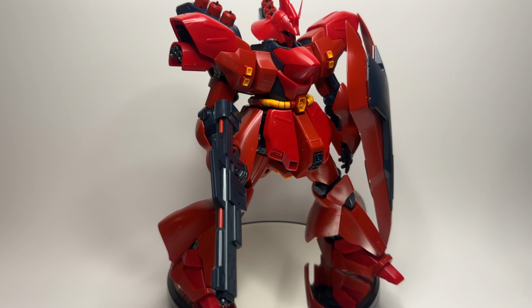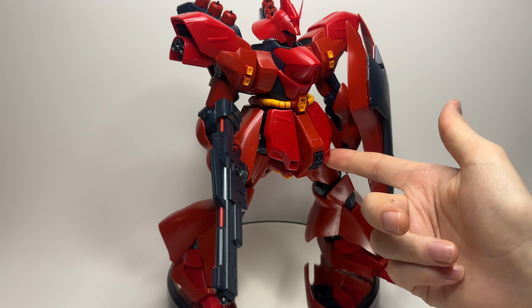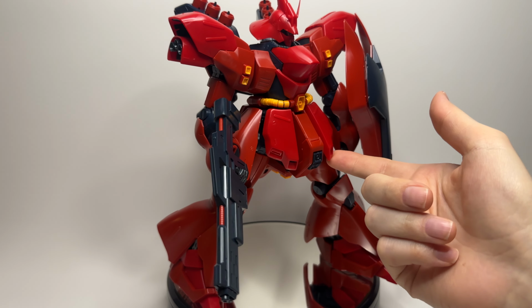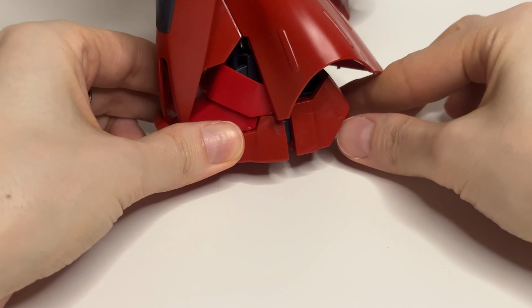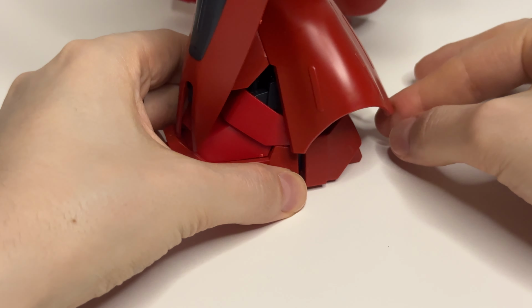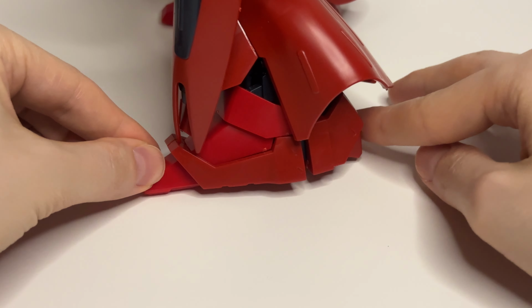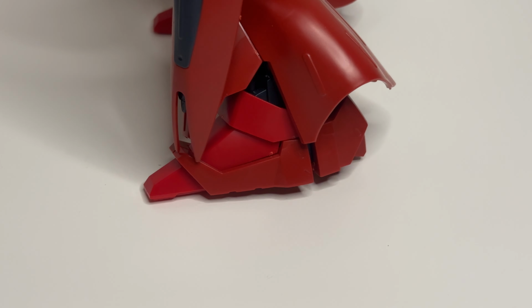In terms of articulation, these shoulder thrusters move, which is nice, as well as the skirts, which are on a little ball joint. For the feet, the heel and the toe both articulate, which is really, really quite helpful for different poses. It adds a lot of stability to the kit, because see, it's wobbling like this. You just go ahead and push that down and push this down, and now it's not wobbling anymore. It's really stable. I mean, you can see it's got a little bit, but it just adds a ton of